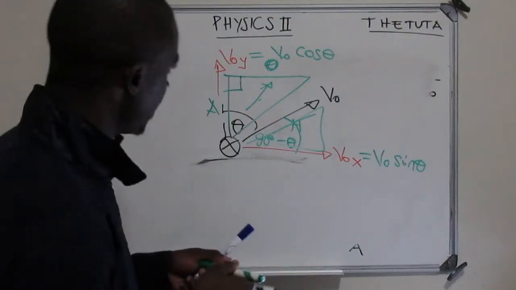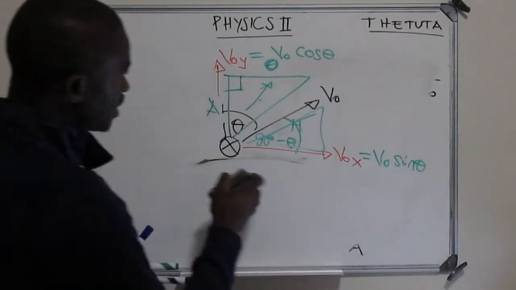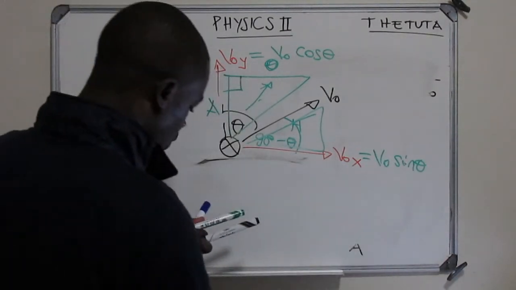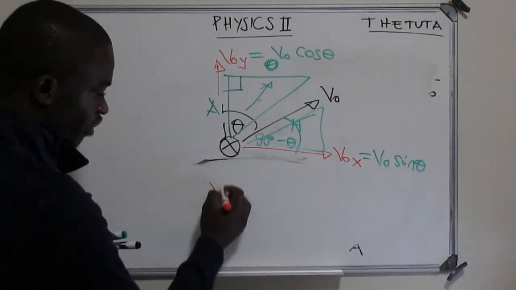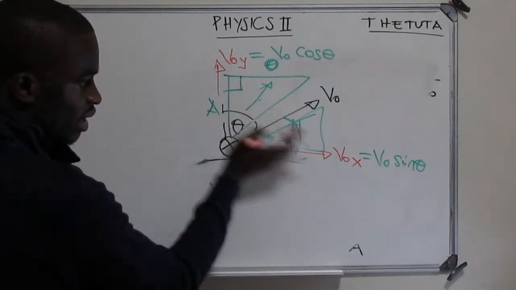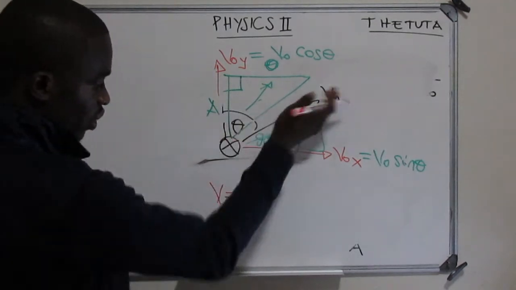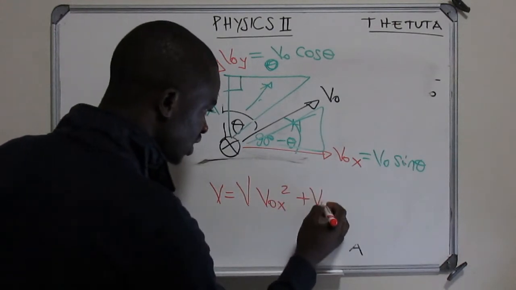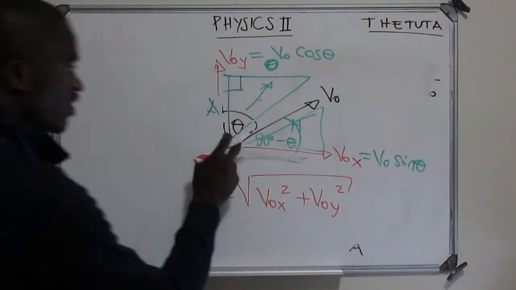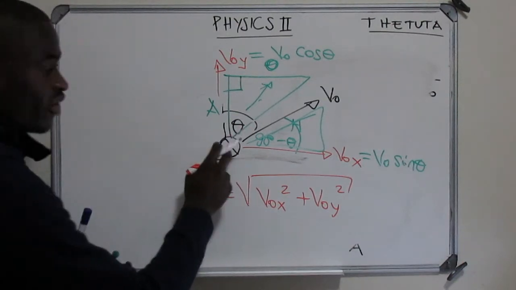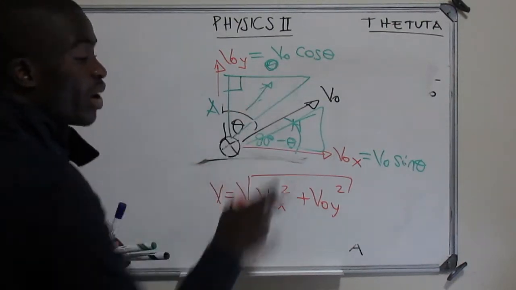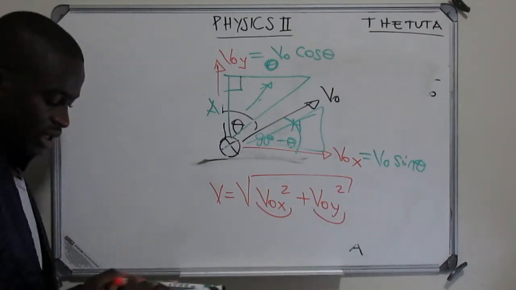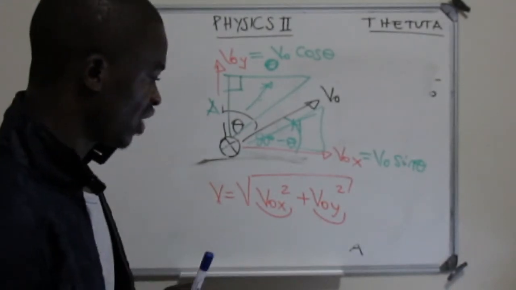Okay? And then from here, as you can see, remember, every time that we have a velocity in y and as well a velocity in x, we can apply Pythagoras. That's why if they ask us our final velocity of this ball, okay, it's always going to be Pythagoras. You take the velocity in x squared plus the velocity in y squared. If they ask us the final speed, final velocity of this ball when it was in the air, we're going to apply Pythagoras. Velocity in x and then in y, you can get that. Okay, so it's just a matter of mathematics.